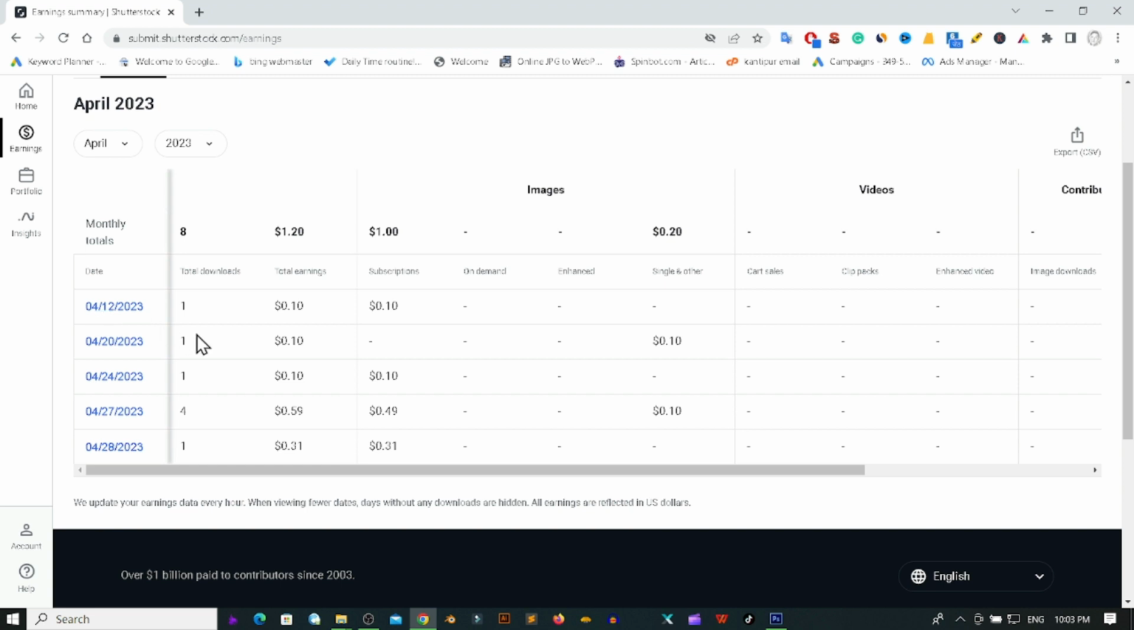Okay, so now we can see here in 2023 for Truebill, I got one sale that was 10 cents only. Okay, and in the 20th I got one sale that was only 10 cents. Okay, and on the 24th of April I got one sale that was for 10 cents only, and in